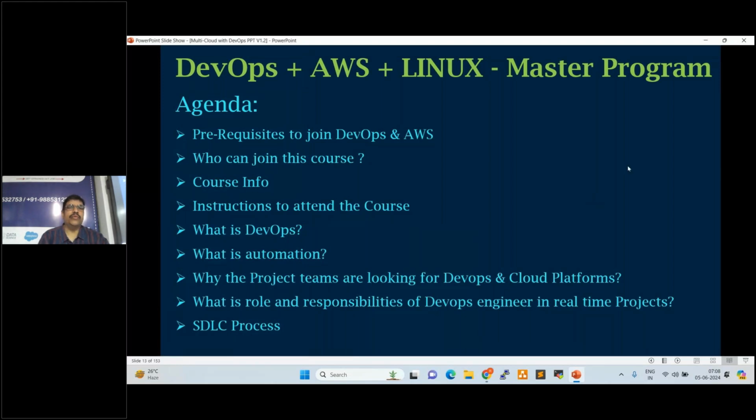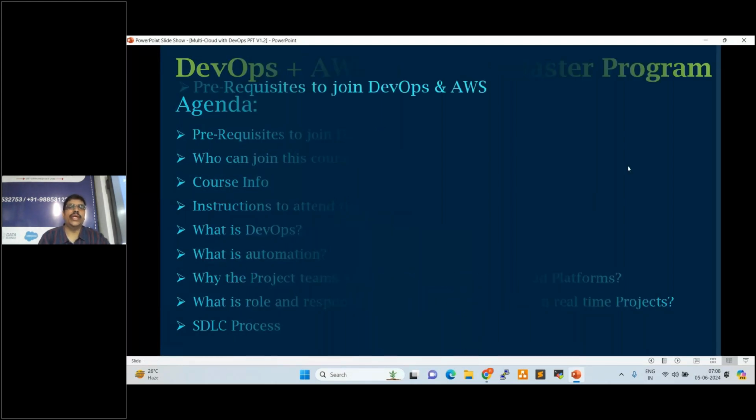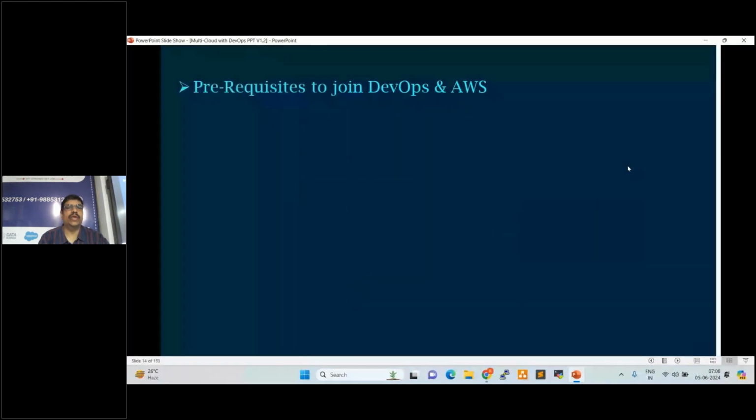What are the prerequisites to join DevOps and cloud platforms? There are no prerequisites to learn DevOps, AWS, and other clouds. Anyone can easily learn DevOps and cloud, and anyone can easily switch to the DevOps and cloud platform.